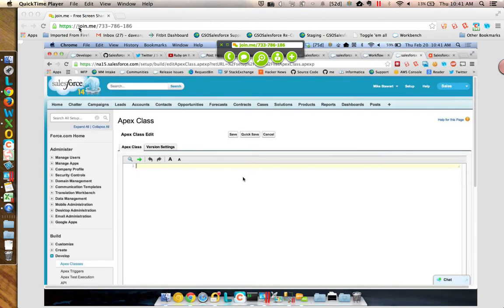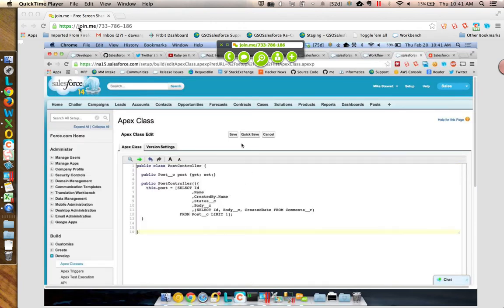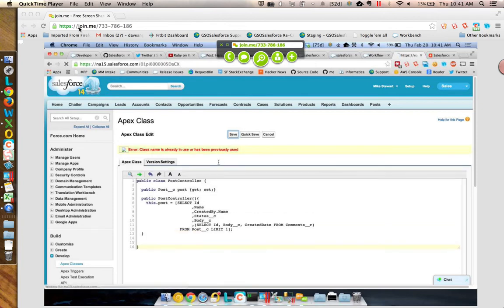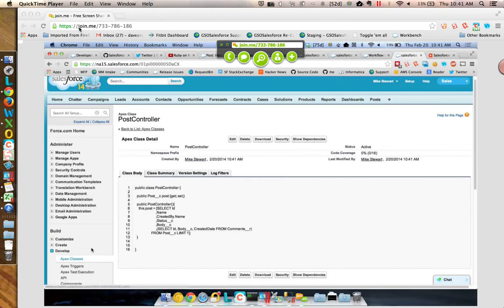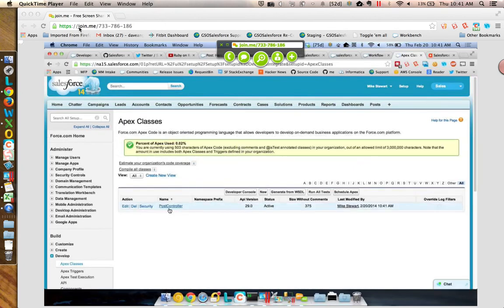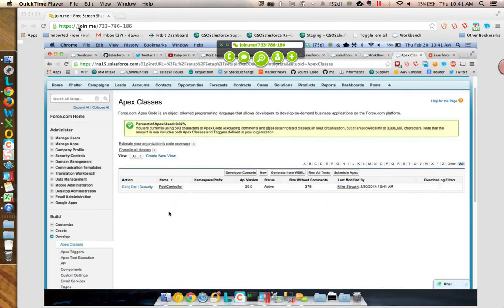I'm going to just go ahead and create that class, just like that. And again, if my internet hasn't cut out, looks like it tried to double post, but I got that created just like that. And now I'm going to create a page, which is going to use that controller to pull in data. So I'm actually a fan of Twitter Bootstrap. It's a pretty nice UI